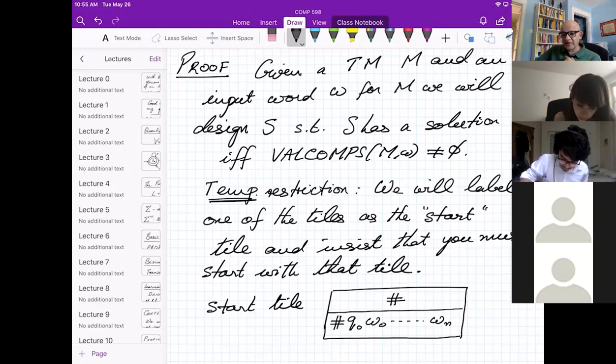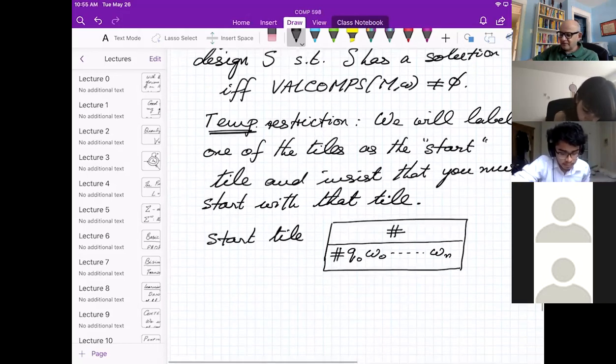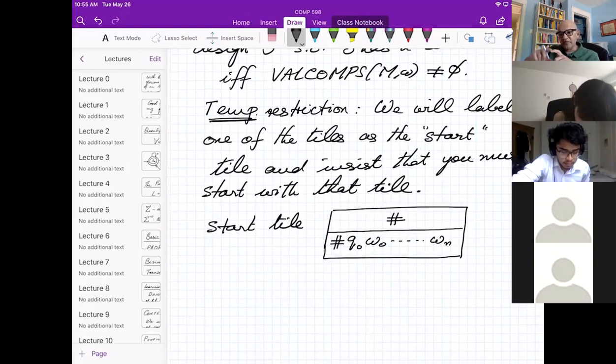And so we're going to give you some tiles that will allow you to do that. But the cleverness of the design is that as you try to complete the matching of this with a corresponding string on the top, you will also be putting on the bottom the next configuration. And then it'll be set up to do the next step of the computation. And when you finally complete the match, my God, you'll have a valid computation. And if you can't complete the match, it means there's no valid computation. Okay, so after that, this is now just all details.